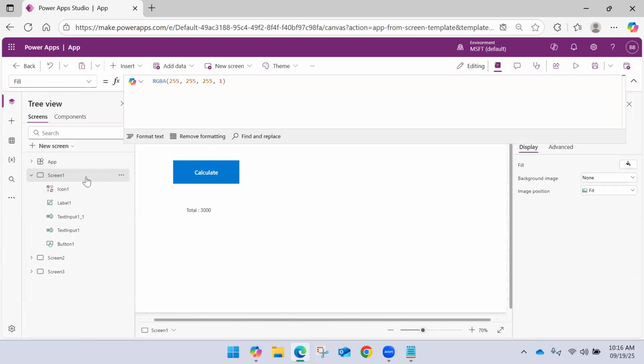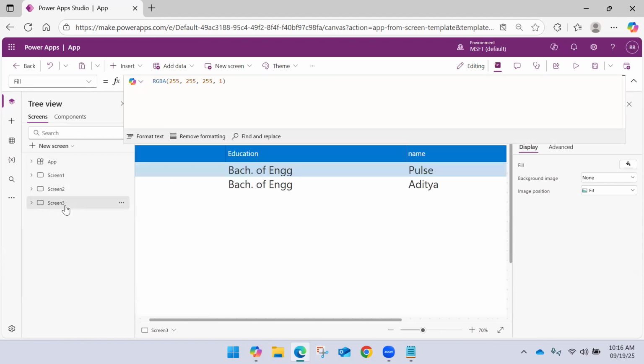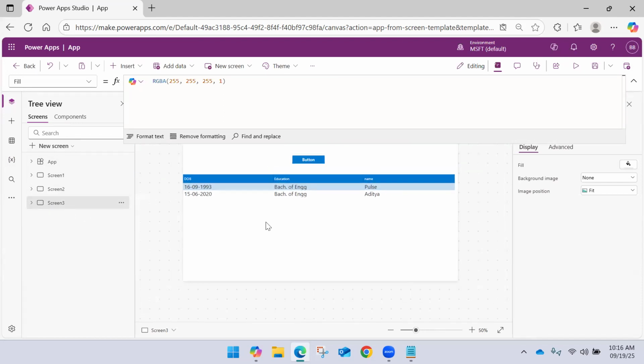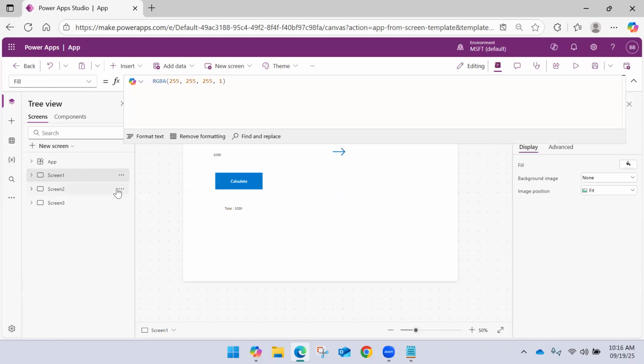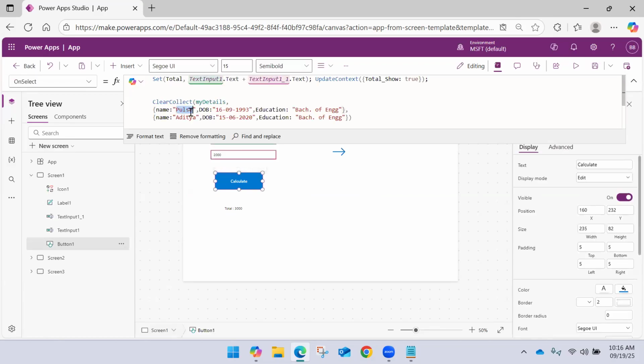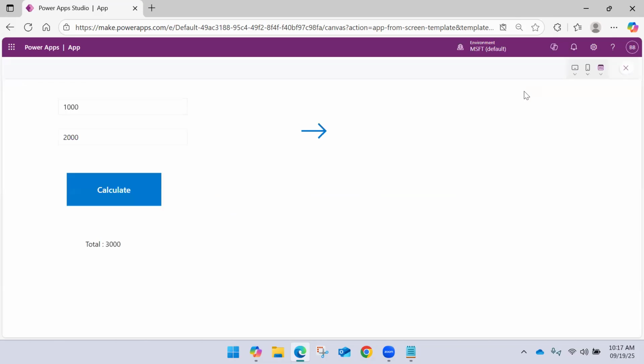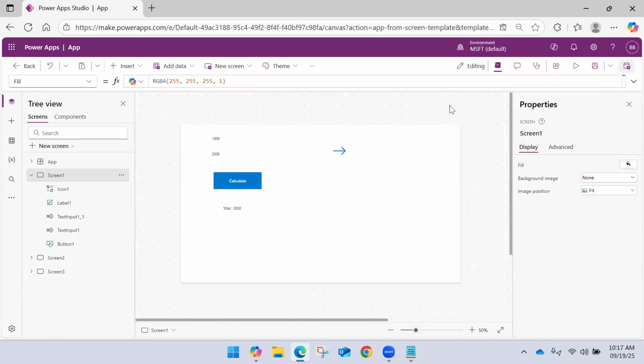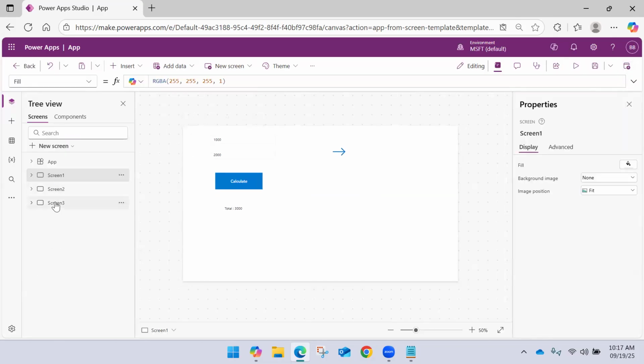But whatever number of times I click this, it will add the data that many times. If I go to screen 3, you will see this data is getting added. Now if I go back and change these values to Brahma, and I will say Charu here, and run this and click here, you will see that the data